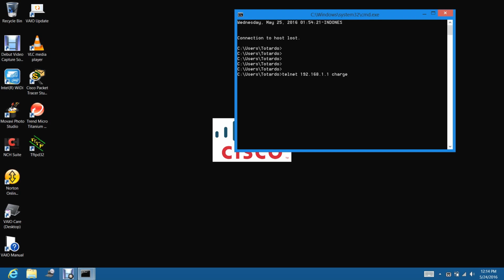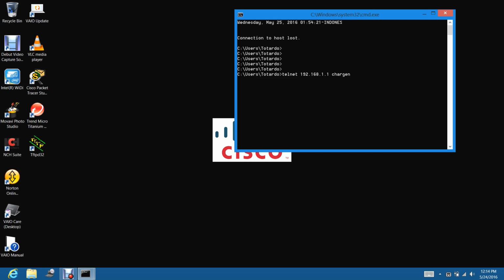The last one is Chargen. Chargen is the character generator. Based on its name, this server generates a bunch of characters. This is useful for testing a connection between you and your router.